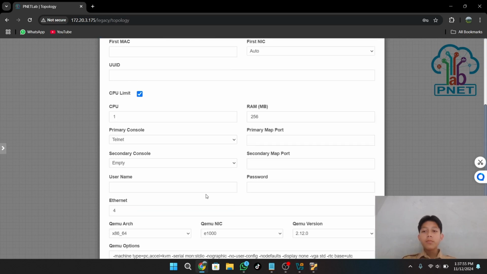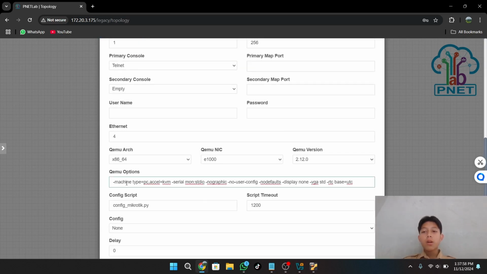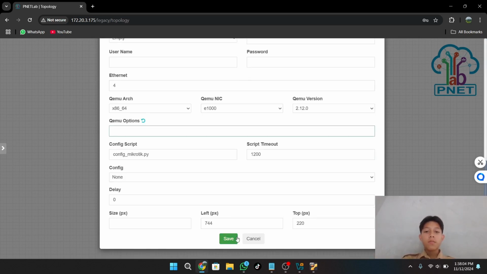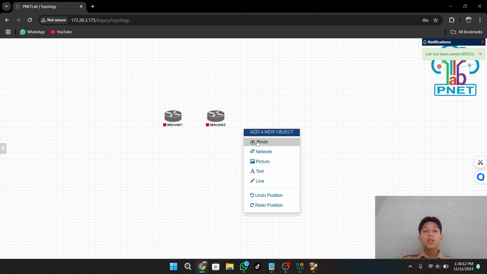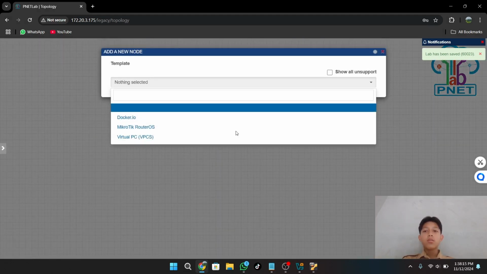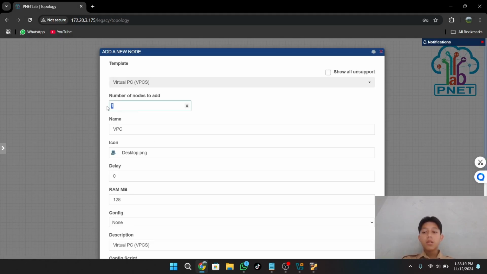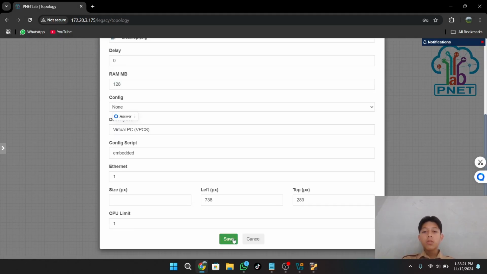For the QEMU options, you can choose all and delete like this. You can save. After that you can add again: right click node, add the virtual PC, the number to add is 2, and save again.